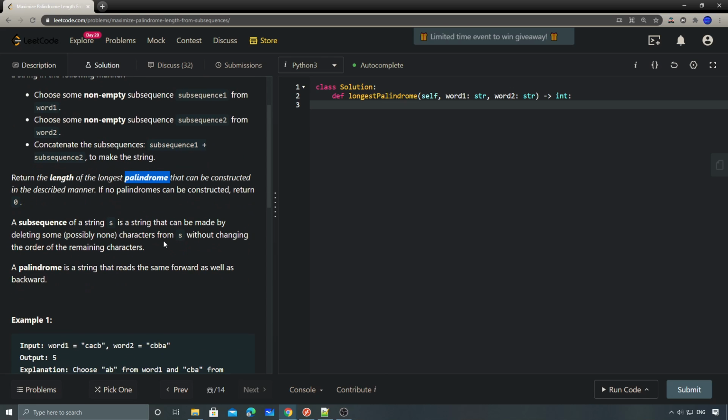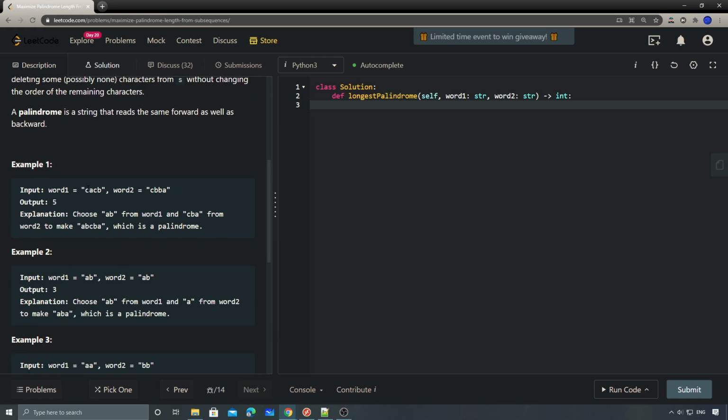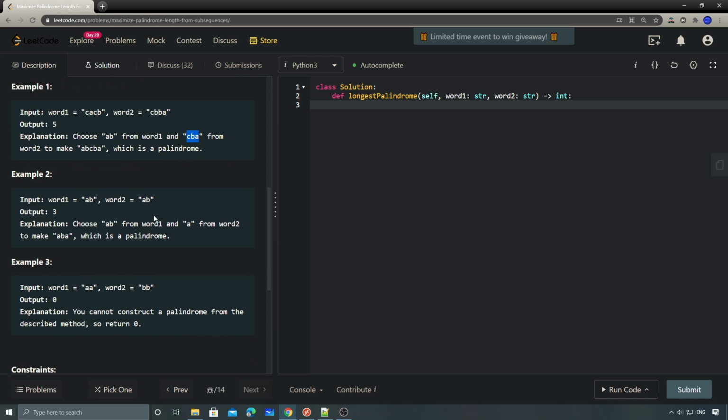So for example, we have some examples here. Let's say we have CACB, CBBA. The longest we can get is AB and CBA. This is another one. So we have three here. This is the one we should take additional